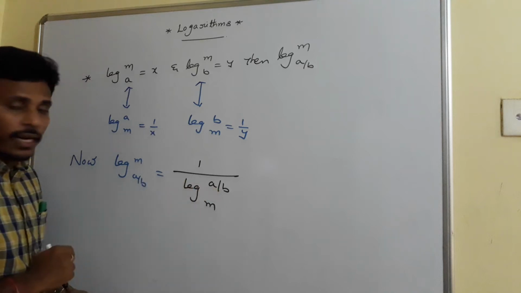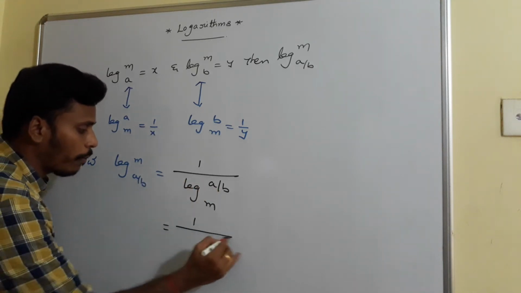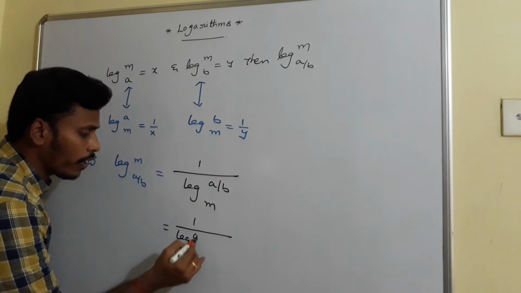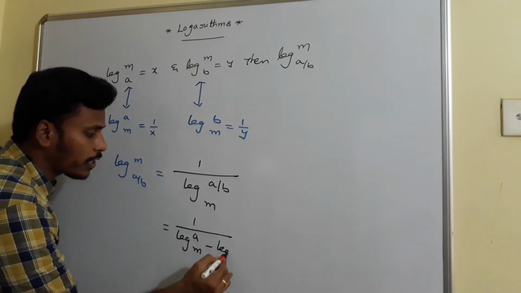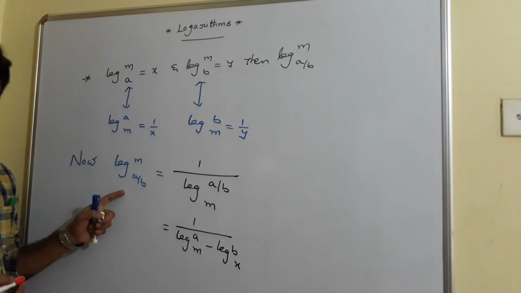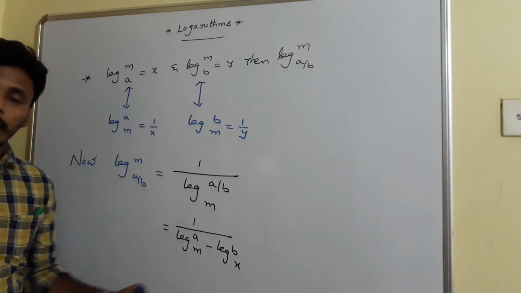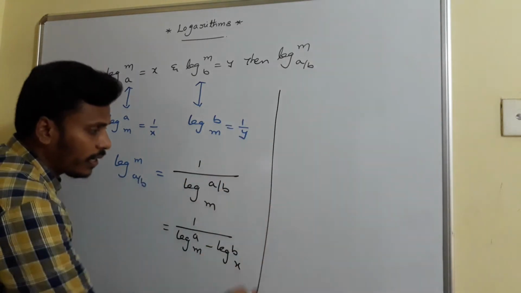A by B can be written as log A minus log B. So this is equal to 1 by log A base m minus log B base m. We need logarithm of m base A by B. It can be written as 1 by log A base m minus log B base m, and that is equal to